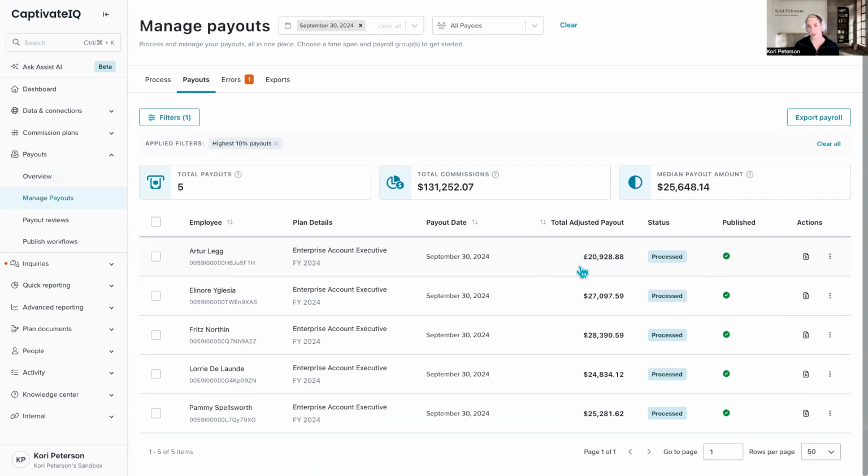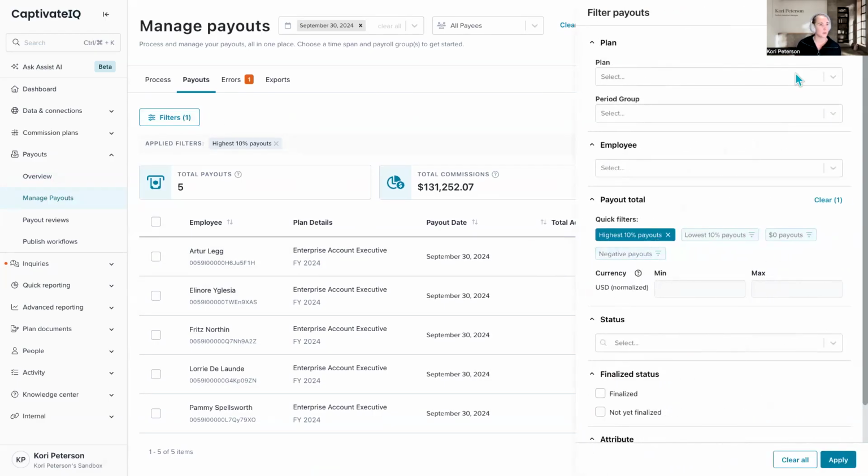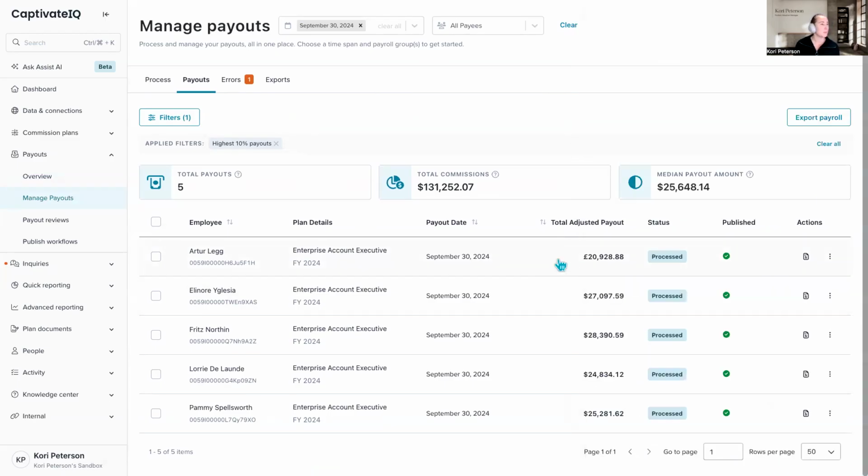But this is just one quality control check that I can do easily as an admin without needing to create a custom process for that each time. I'll just go into my filters, access what I have, and it looks like these people are fine. They're all of my go-getters, so I'm not worried about these numbers at all.